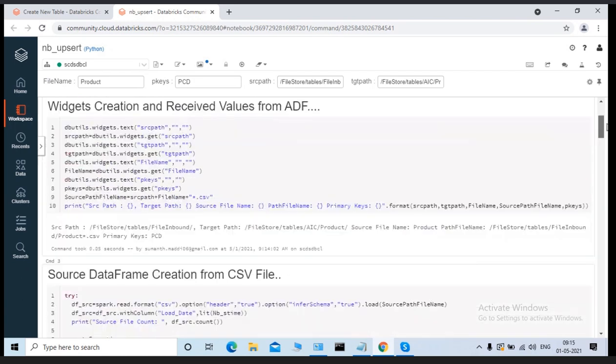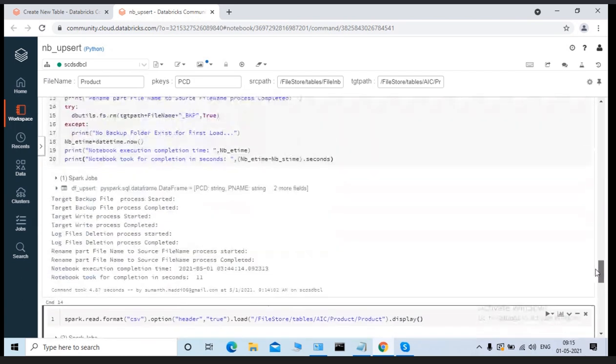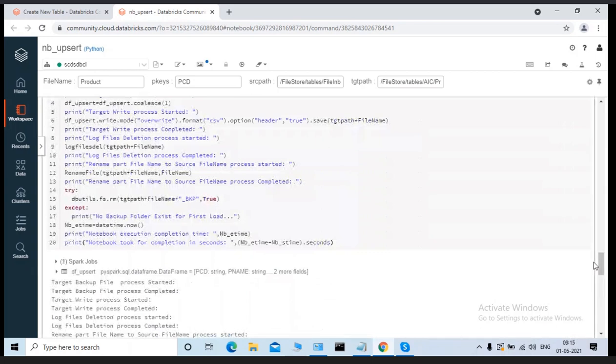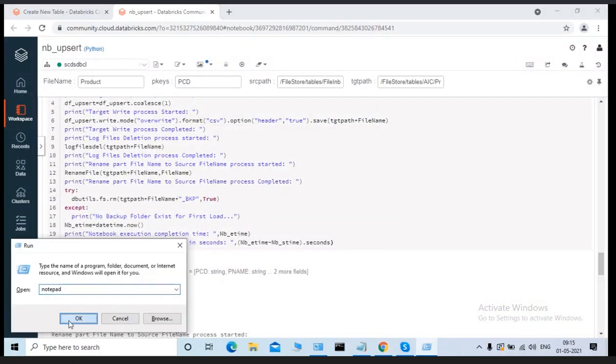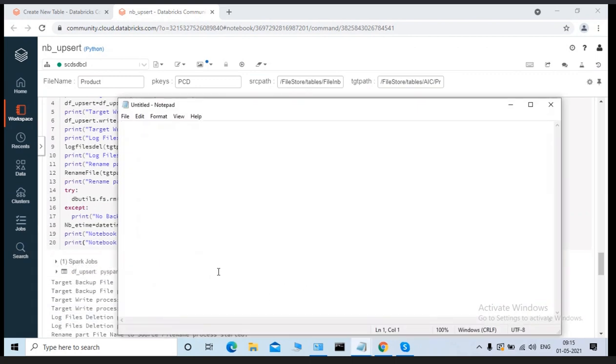Now I want to capture one log file. We'll add one more exercise, one more simple logic. For each and every execution, I want to generate one log file. That log file should contain the file name,